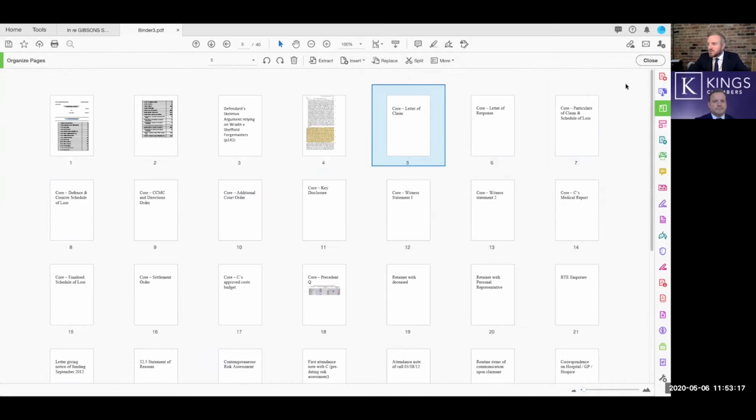Okay, so that's how to organize pages within the document. If you want to take a page out, say for example, in reviewing the bundle, you stumbled across a Part 36 offer, which was inadvertently scanned into the bundle, an offer in the detailed assessment proceedings, and you need to take that out. We're going to use this letter of claim page as an example. All you need to do is select the page or select more than one page, and then use this extract